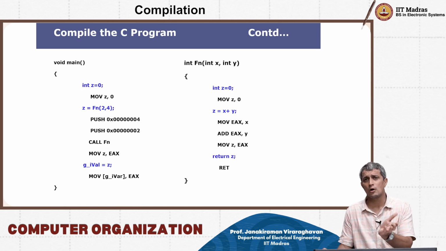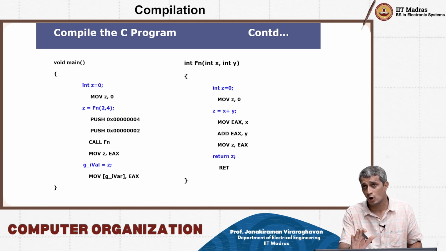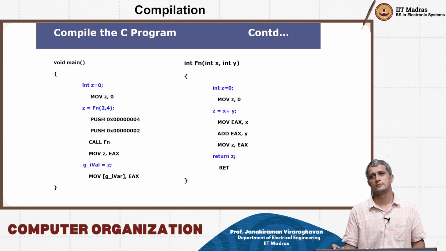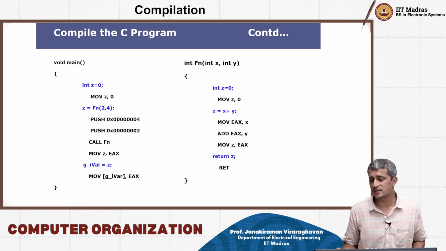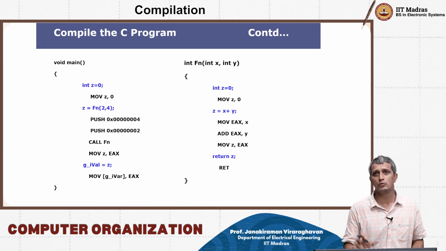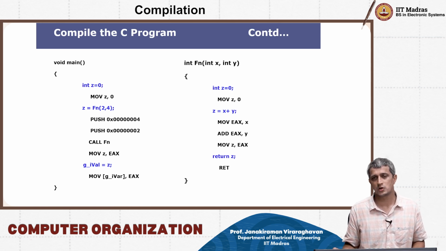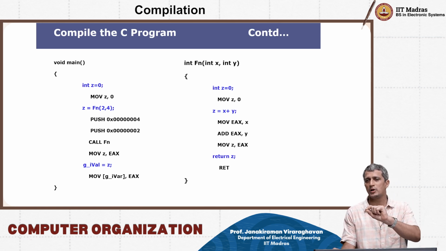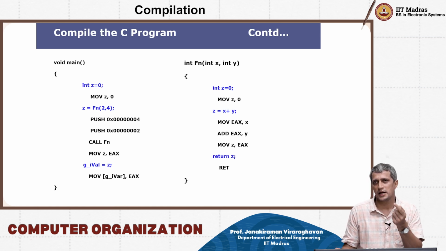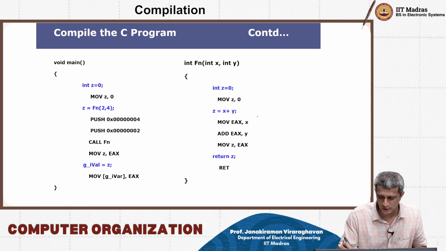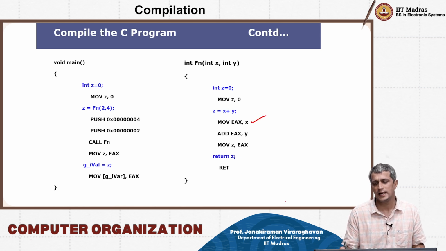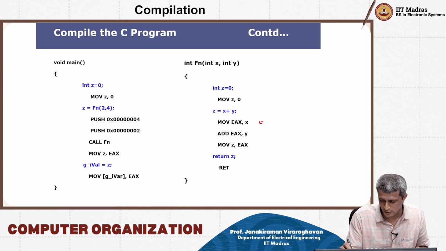Okay. Now come to the function on the right. This is file2.c. Again I have an int z equal to 0. That will also translate to move z comma 0. Then I say z equal to x plus y. So how do I do this operation? Remember, I need to first move a variable x into a register, then perform the addition operation with y. So I first move x into EAX, right? This is EAX equal to x. Then with this operation EAX will become equal to x plus y,